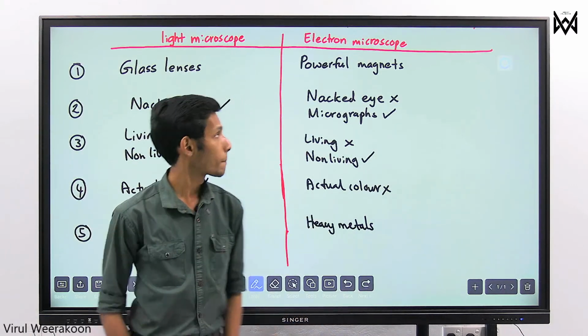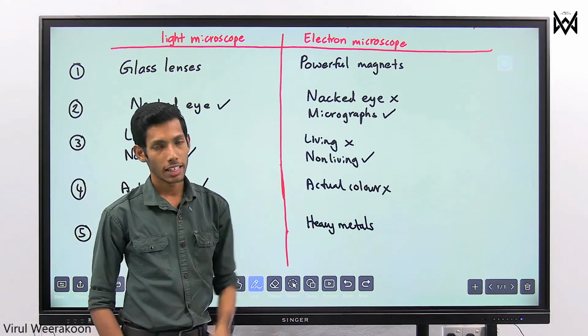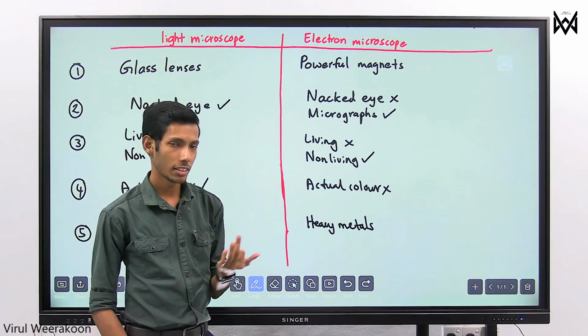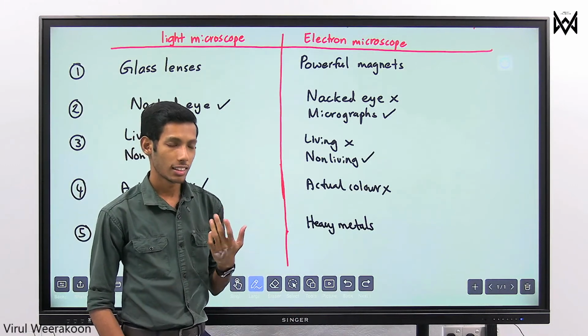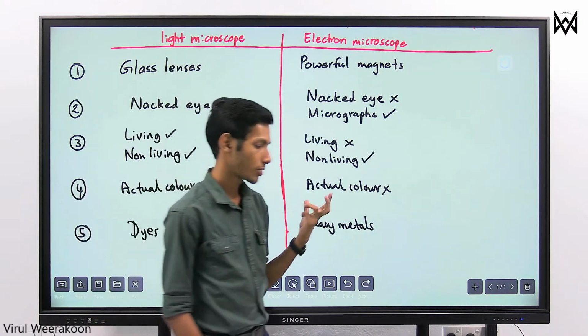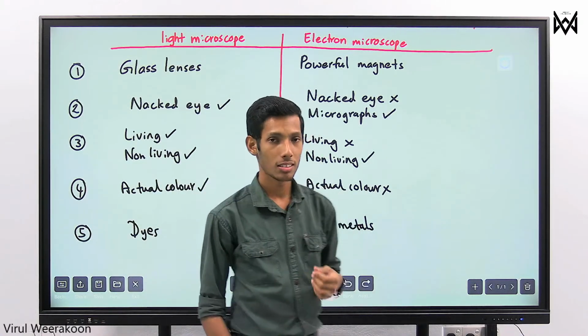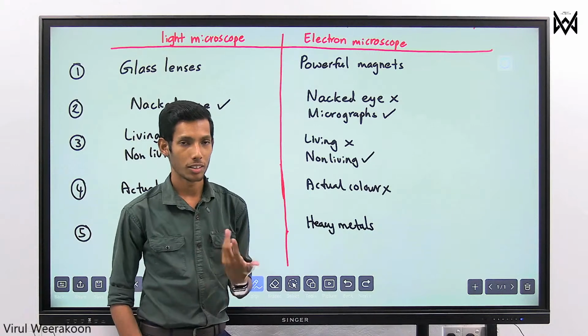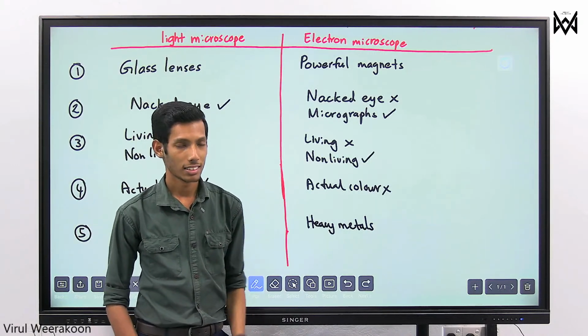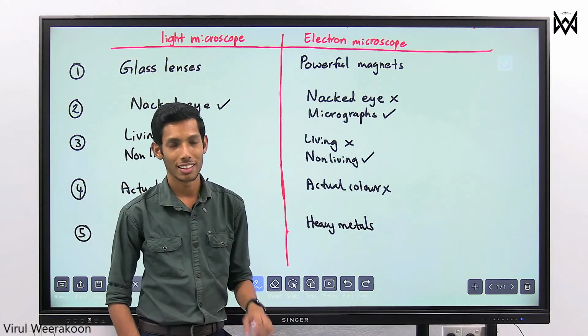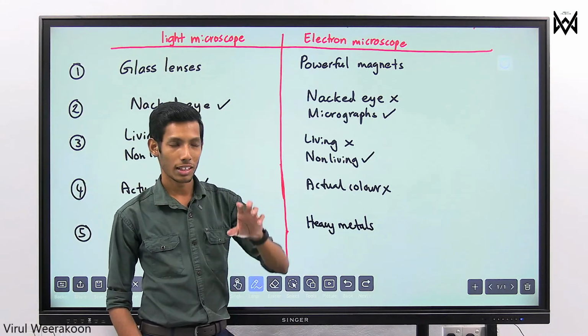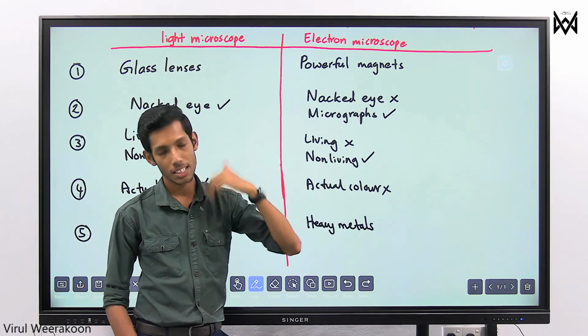So there, we can't observe it with the naked eye. Imagine X-rays, UV rays, or even gamma rays, those kinds of high energetic radiations coming through our eyes. Then what will happen? You can't even imagine what will happen, right? In a sudden moment, the eyes will be gone. So in order to protect our eyes, and given the difficulty of observing it,